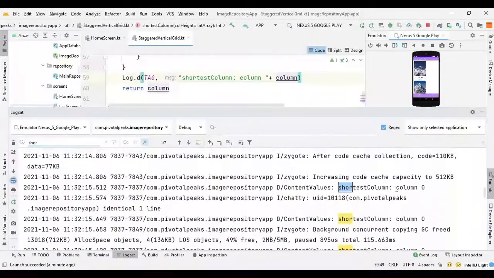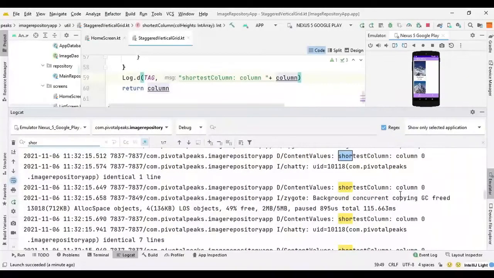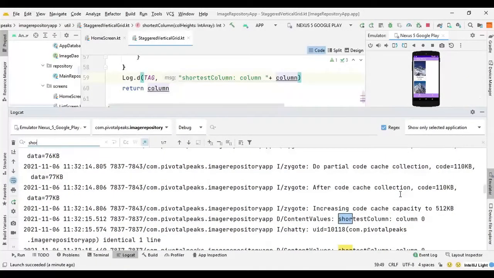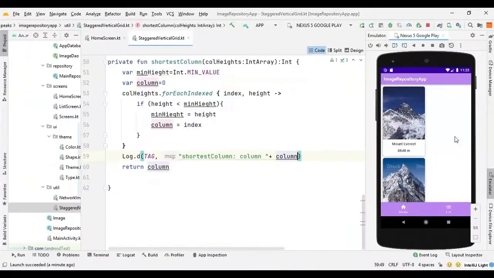So you can see we never get column 1. Of course, it starts with 0 index, so don't be confused by that. You can see that all images are in the first column and we never get to the second column. So now we can change it to max value and see how it works.